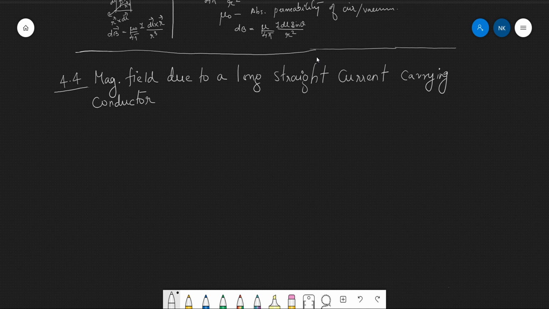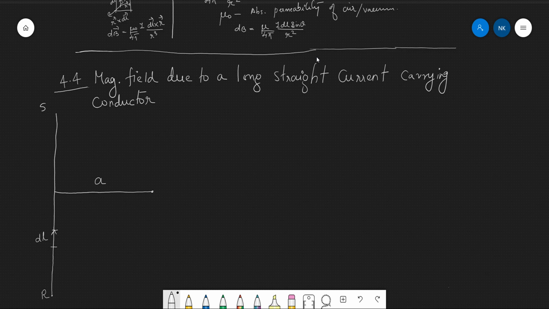Alright, so first of all let us have the diagram for this. So this is a finite long current carrying conductor. Let me name this as RS. From here at a distance of small letter a, let me have a point P. If I am having a small segment of length, say dl here,